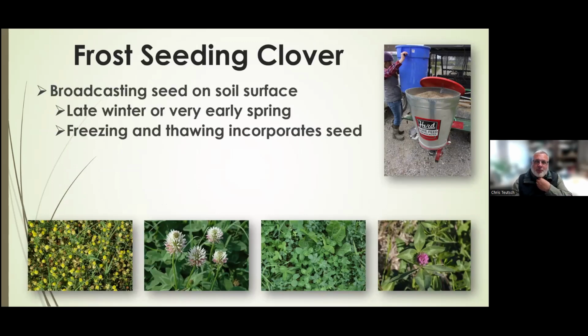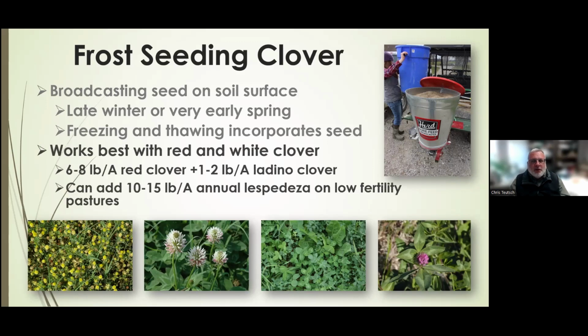So frost seeding is simply broadcasting that seed on the soil surface. We do that in late winter or very early spring. We're past the optimal time now. The optimal time would be starting around the first or second week of February through early March, when we still have active freezing and thawing cycles that cause the soil to crack and for that seed to enter that soil surface. And that heaving and freezing and thawing of the soil is what incorporates that legume seed into the soil surface. Works best with red and white clover,